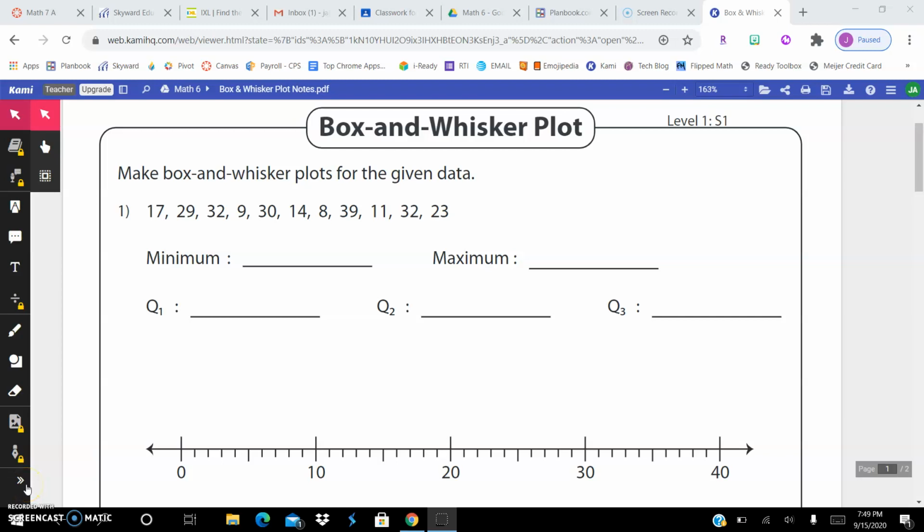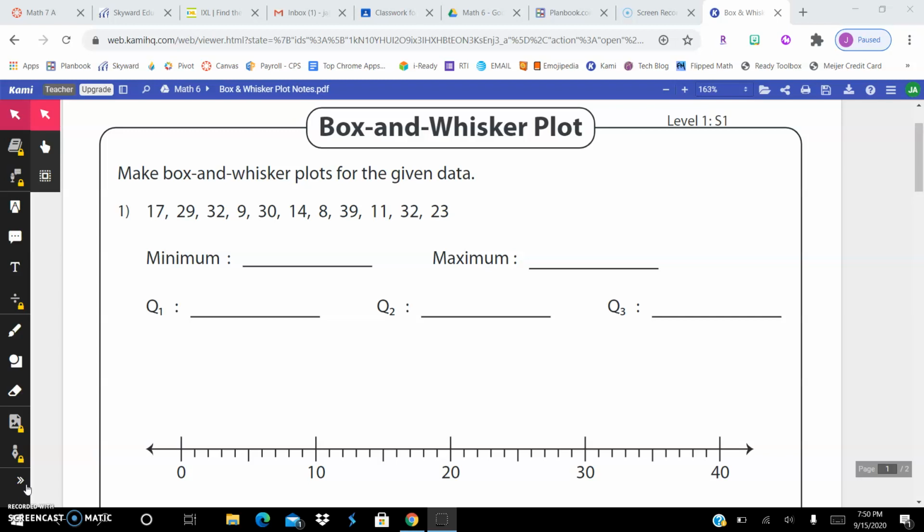Today we are going to learn how to make a box and whisker plot. You are going to be given a list of numbers, a data set, and you have to find 5 different numbers out of there to create what's called a box and whisker plot. The first thing you need to do is take that list of numbers and put it in order